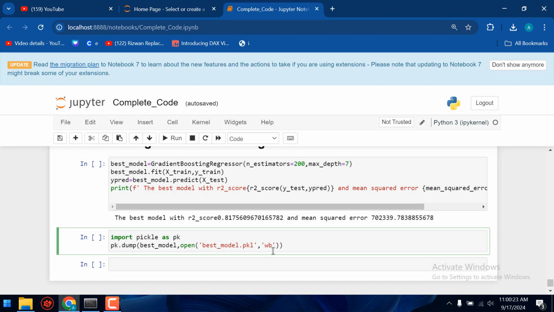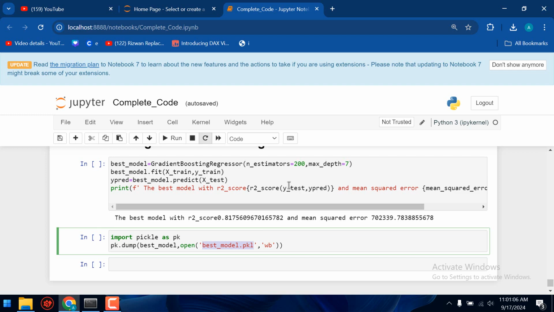So now at the end, I imported the pickle library. Pickle is a library which enables you to save your model in some sort of a file that you can use for production. So first of all, I import pickle here. After importing pickle, I made pickle.dump. Pickle.dump takes two parameters. The first is the model, which is actually named best model, and the other is the file name in which I save it. I said to create a best model.pickle file, open it and write it. So all the capabilities of this model will be stored in this named file. Okay. So now our main thing is done.